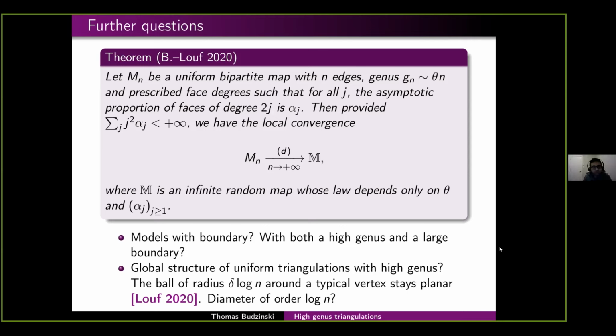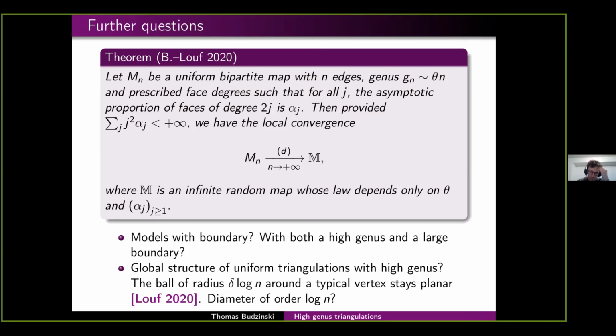So if the boundary is proportional to the volume and also the genus is proportional to the volume, you think in the local limit we are going to see the handles? No, so what I would expect to have in the local limit is basically to keep planarity but lose one-endedness. What we would get is some kind of tree, we would get infinitely many infinite faces. So something actually pretty similar to the limit of unicellular maps, which is a tree. But we would have triangles or quadrangles in between the infinite faces.